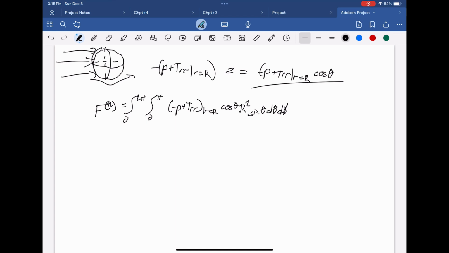We're going to have that tau RR is equal to 0, which simplifies it down to our new pressure equation, which we got by plugging the tau RR at r equal to big R into the integral. We're going to plug that in and integrate it